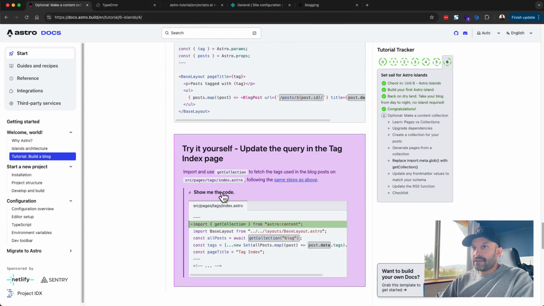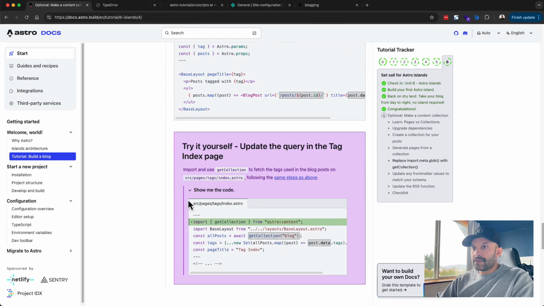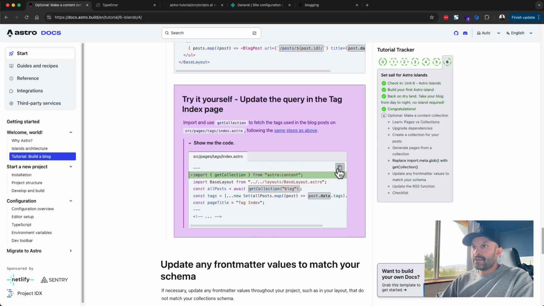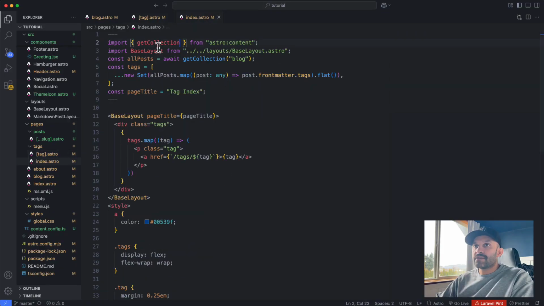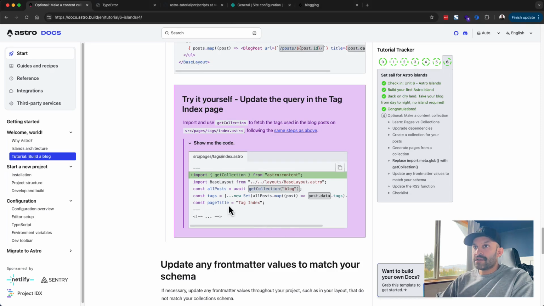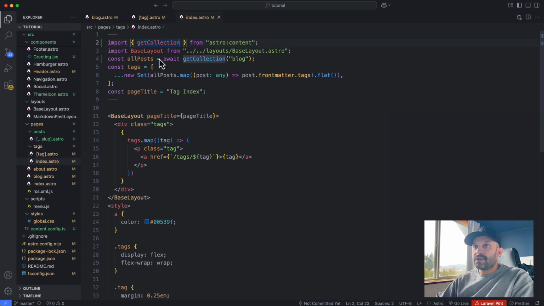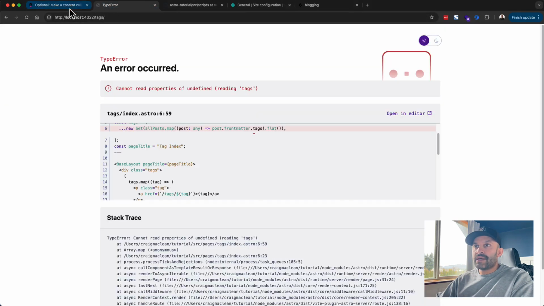Update the query in the index file. So right here, import getCollection, and we can copy that. So astro:content, getCollection, and then allPosts equals await getCollection blog. Let's see if we get rid of that. Still